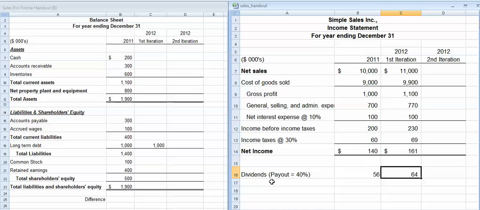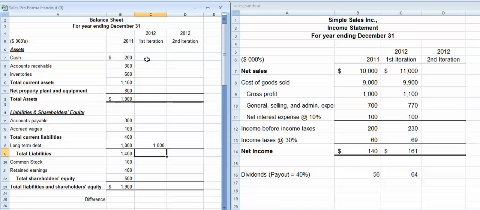Now let's go ahead and take a look at our balance sheet. Again, we've basically assumed a 10% increase in sales will also require a 10% increase in cash, receivables, inventory, and plant and equipment. So our cash will go up to 220, our inventory to 330. Our accounts receivable to 330, our inventories to $660, and our total current assets will equal $1,210. Our plant and equipment will also assume will go up by 10% to $880, and our total assets will increase to